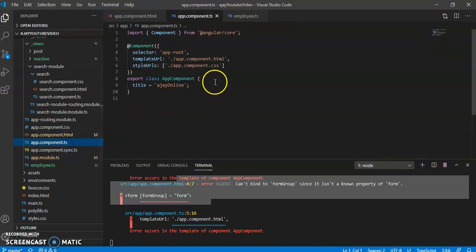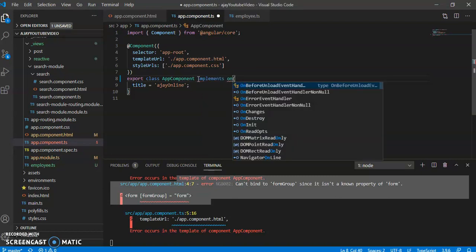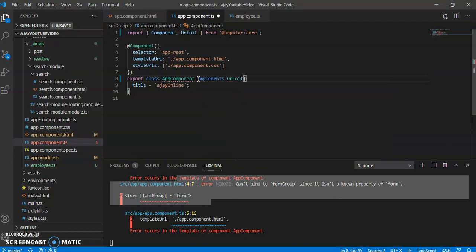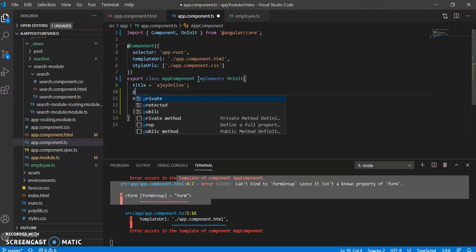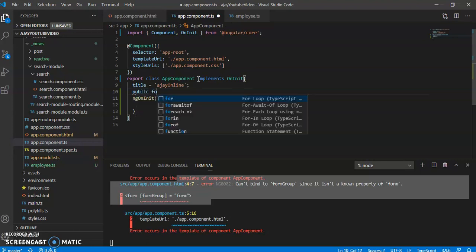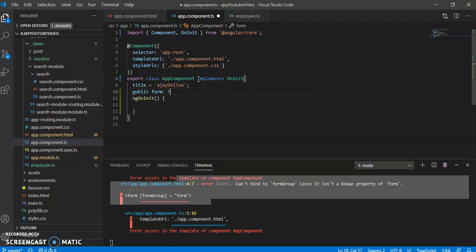Now go to your TS file and write implements OnInit. OnInit is a function. Now write ngOnInit. I will soon explain what OnInit and ngOnInit are. Now take a form. I am taking public form as FormGroup.